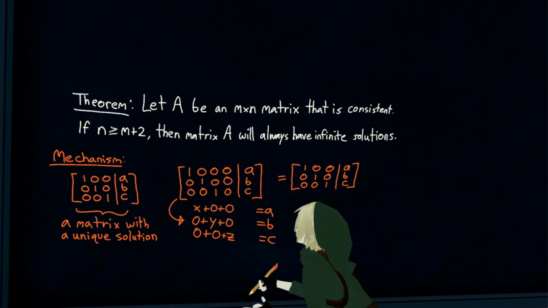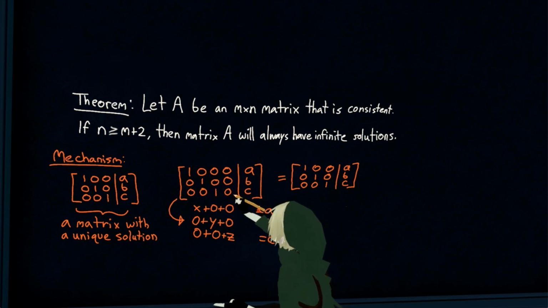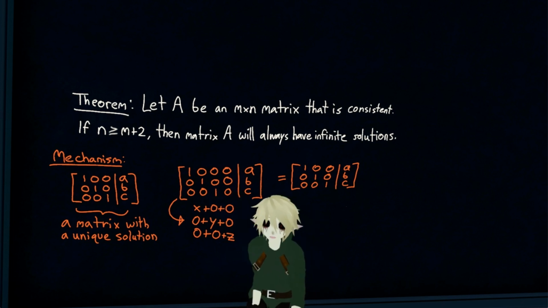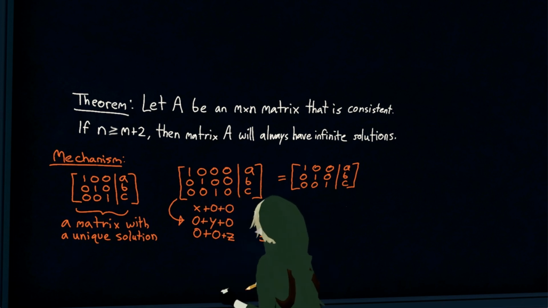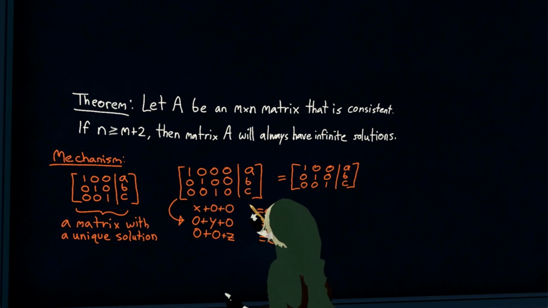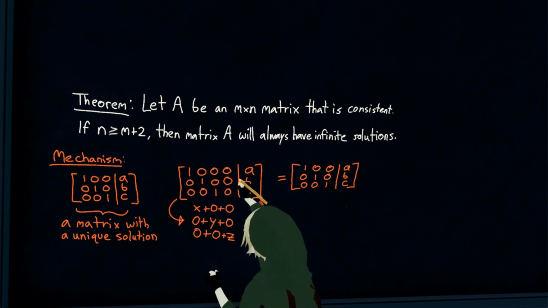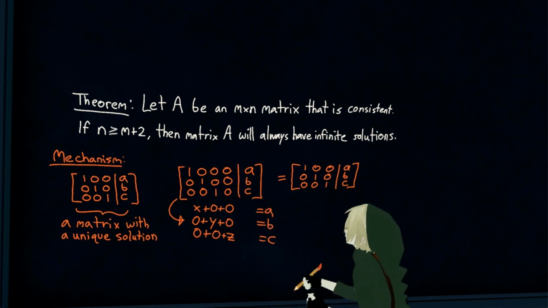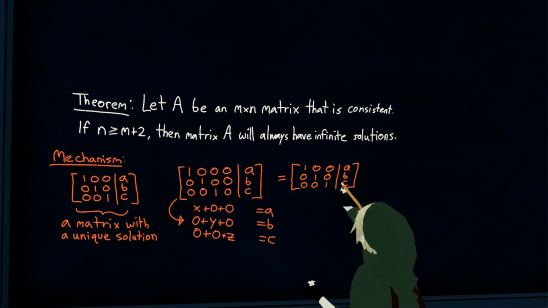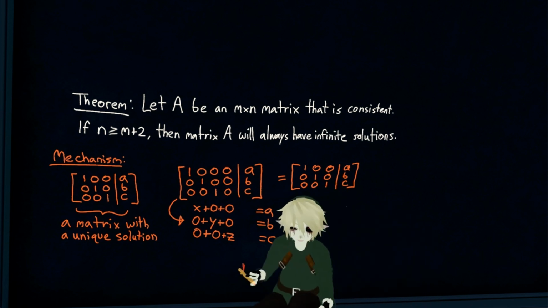So, if we add an extra column, but it's 0, then this is just a useless column. It's just useless, right? You have x, y, z, but w here, w doesn't exist here. It's all 0. It's a useless column. So, because of that, this is literally the same thing as this, which is why we